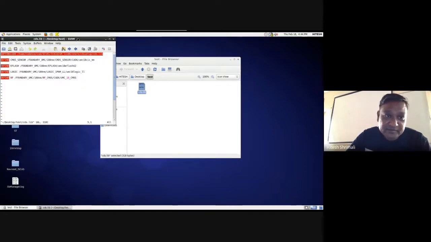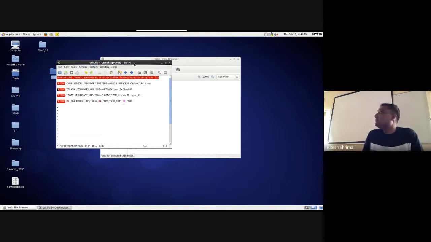Is it visible? The fonts are very, very small, by the way. This is 180 nanometer. Yes, you can read it, right? Here some of the paths are included, showing where the libraries are. That lib is actually referring to library.